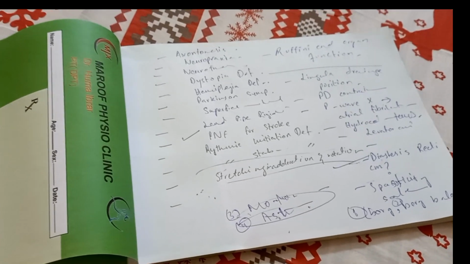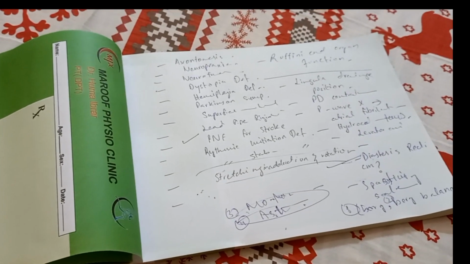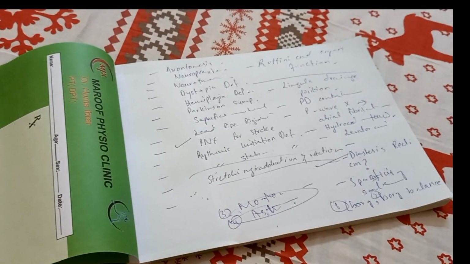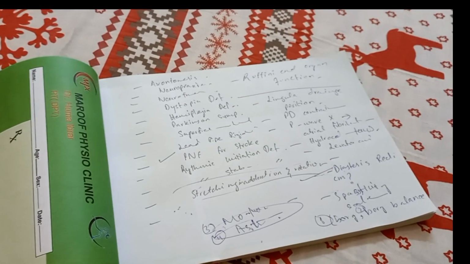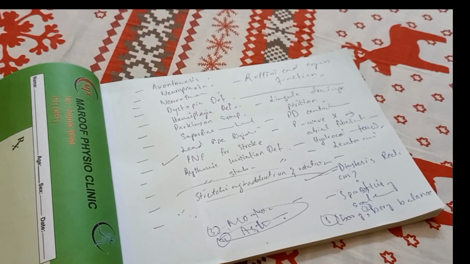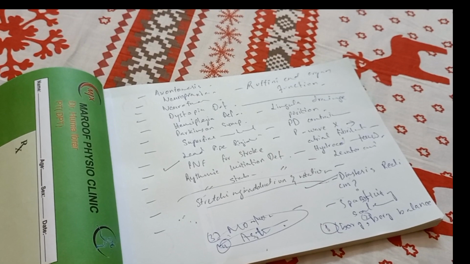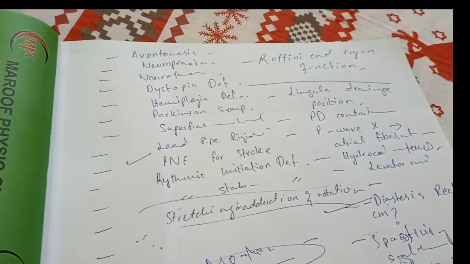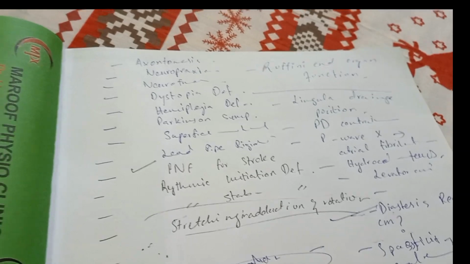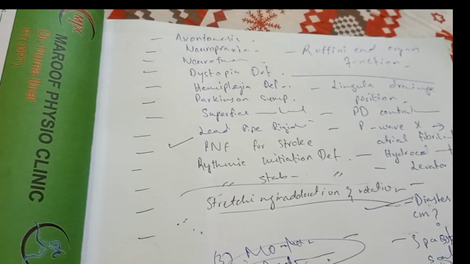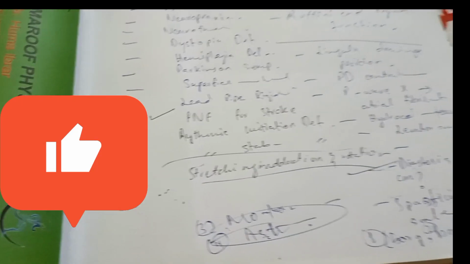flexion and supination, which nerve is involved, and the option was musculocutaneous nerve. After UVR, pigmentation due to melanin. After UVR, pigmentation due to melanin. BMI overweight, definition of endurance, definition of coordination, Ruffini and organ function, and lingula drainage position, PD contraindicated in cor pulmonale, absence of P wave, atrial fibrillation.